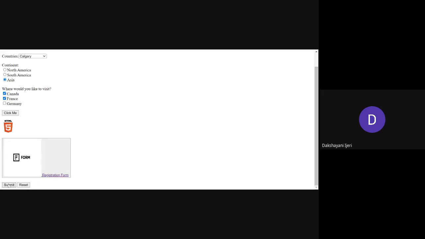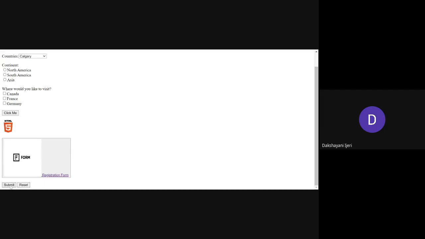So you can see the last form has two buttons, the submit button and the reset button. If I click on the reset button, are you able to see the options that I have selected here? Yes, ma'am. Okay, so if I click on the reset button, you can see all the options are deleted. It resets all the values. In the case of the reset button, you need not write any separate action for this. By default, if you use the reset button, it is going to remove all the data filled by the user.